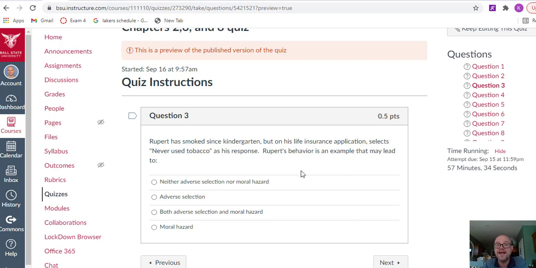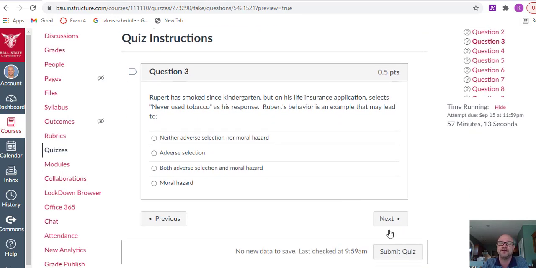It's not moral hazard. Moral hazard is when you deliberately cause a loss in the hopes that you profit. Well, that's not what's going on here. He's not ending his life. That would be the moral hazard piece of it, which generally doesn't happen in life insurance. So this is something that leads to adverse selection, but not moral hazard. That's what we're looking for there.